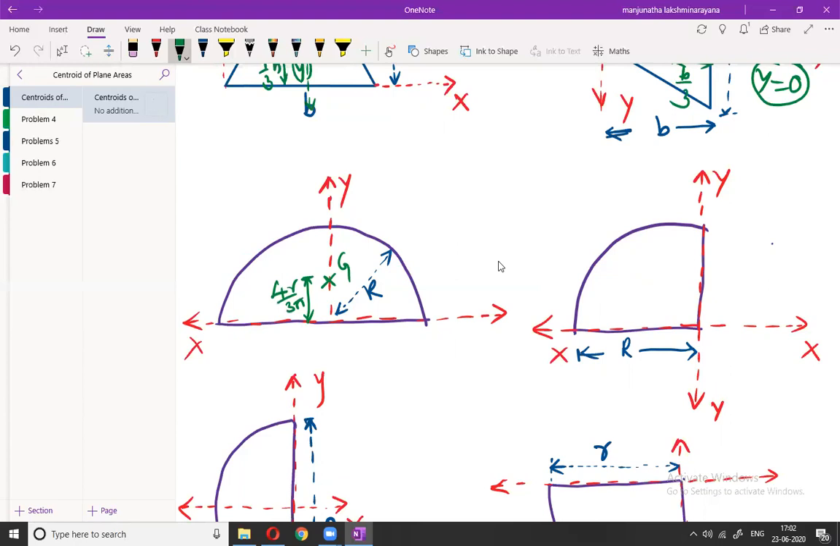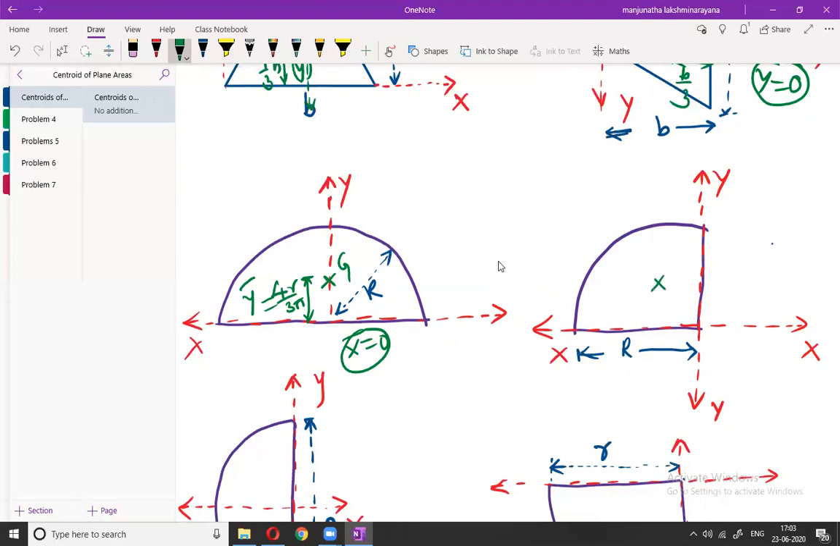And since the reference axis Y is along the axis of symmetry, the centroid is lying on the reference axis, therefore x bar is equal to 0, and the distance of centroid from the x-axis is called y bar, which is equal to 4r by 3 pi in this semicircle. Now if you consider the quarter circle case which is shown in the figure, so as I said,